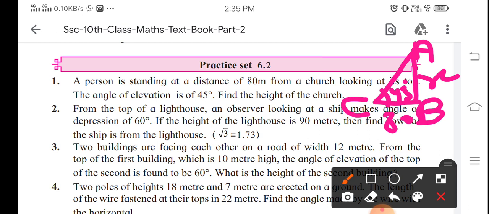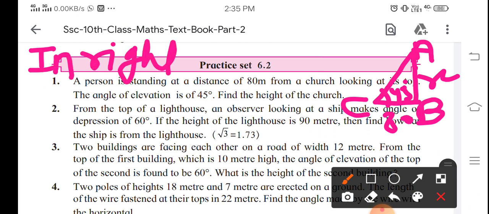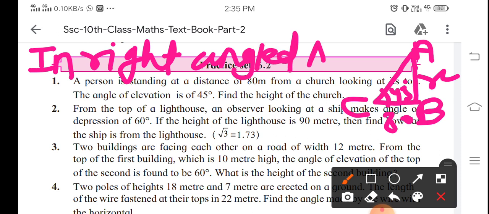Okay, so just see, this is a right angle triangle, as you can see. So just write over there, in right angled triangle ABC. Can you see over here, the tan theta formula is opposite sides upon adjacent sides. What is the opposite side? The opposite side is AB only. See, this C is our angle. So from this C, AB is your opposite side and BC will be your adjacent side.